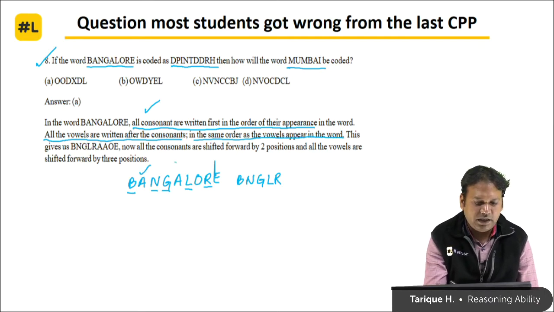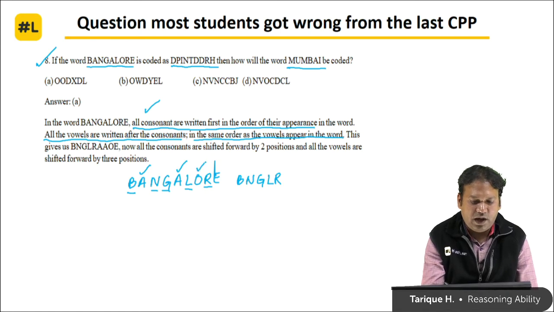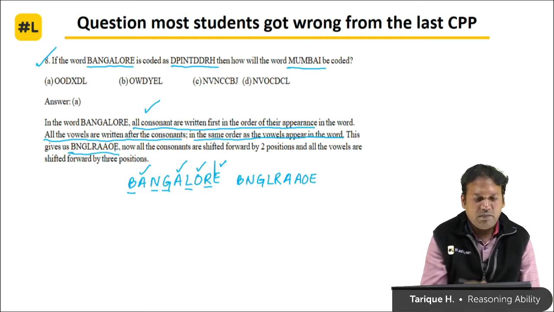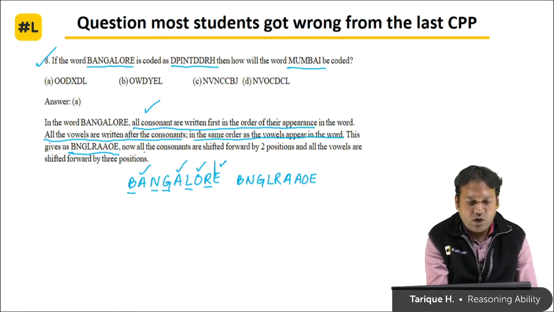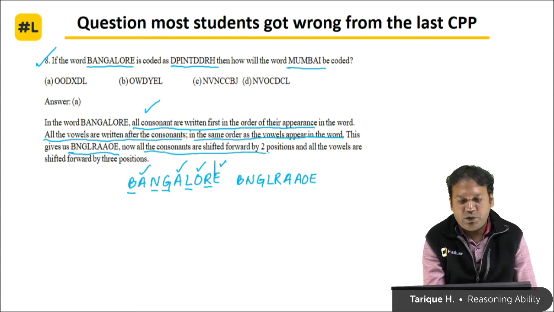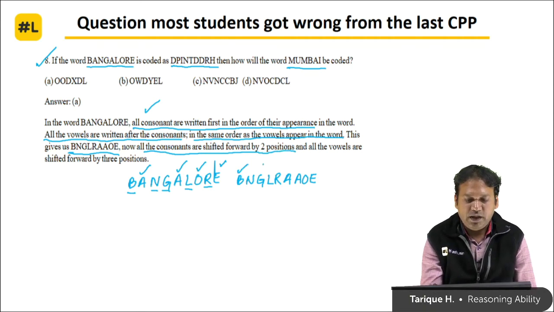First vowel is A, second is again A, third is O, and fourth one is E. So we get A, A, O, E. As you can see in the solution here also: B, N, G, L, R, A, A, O, E. Now all consonants are shifted forward by 2 positions. So shift B by 2 positions, N by 2 positions, G by 2 positions, L by 2, R by 2,